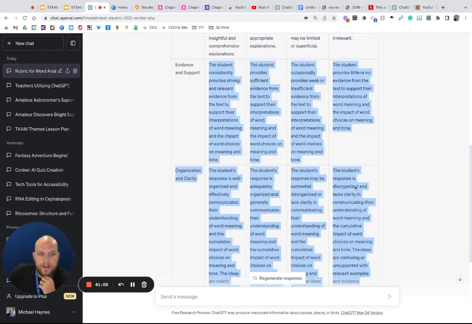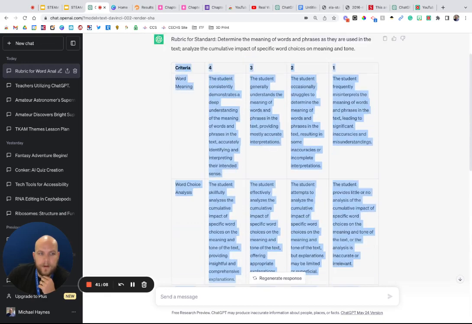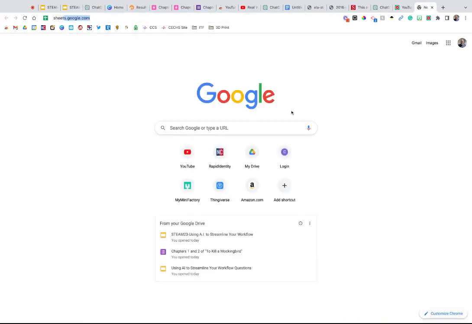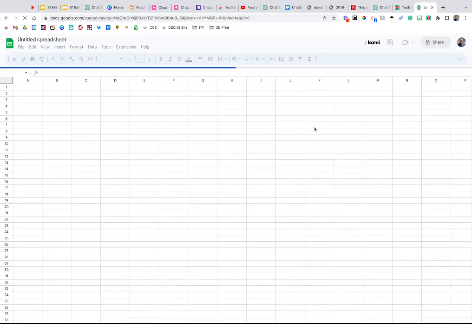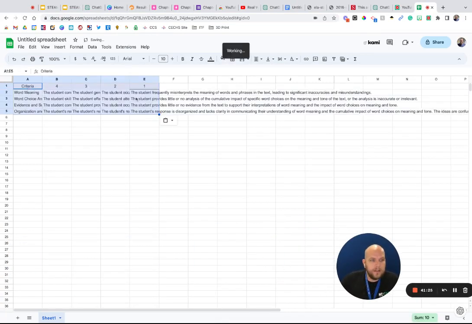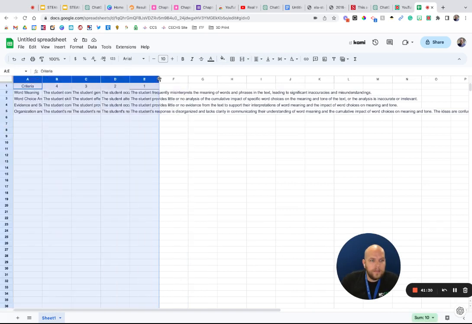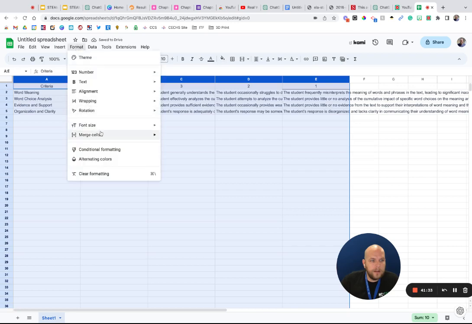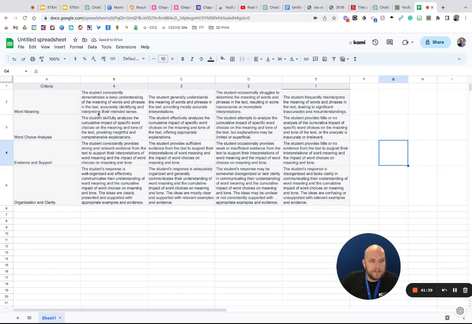But if I want to use this, I can highlight it. The way that works best for me is to highlight this table and then go to a new Google Sheet. I can then just paste that in there, and then we can make these a little bit bigger, and we'll go ahead and wrap our text. And so this is a little bit easier to copy and paste into other documents. If I want to drop it into a Google Doc, however you want to do it.